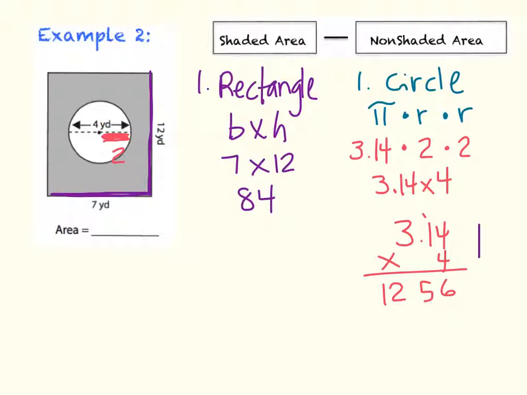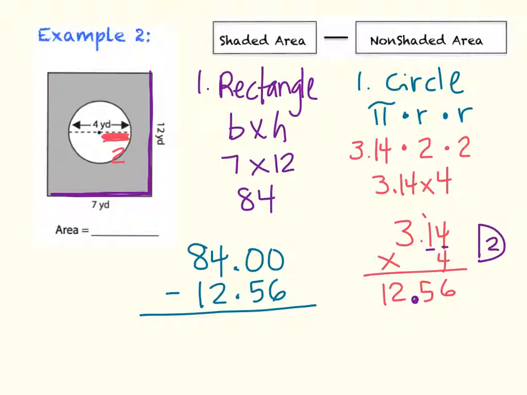Then we want to look back and see how many digits are behind the decimal. We have 2. So in my answer, I need 2 digits behind the decimal. The final step that we need to do is take the shaded area and subtract out the non-shaded area. In this one, one of our numbers is a decimal, so we're going to have to be super careful. The shaded space is 84. The non-shaded space has a decimal in it. So therefore, I need to make 84 have a decimal too. So I'm going to make it be 84.00. Now I can line up my decimal and subtract